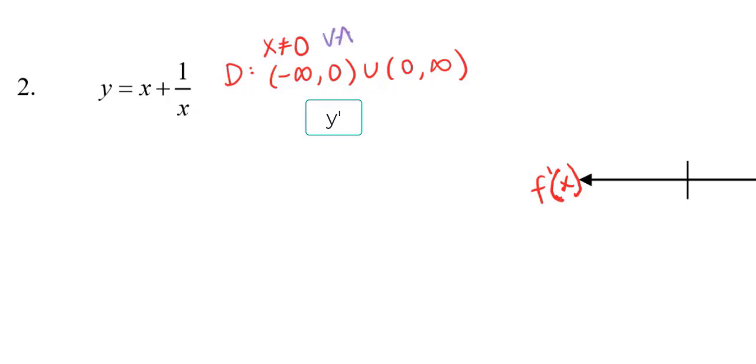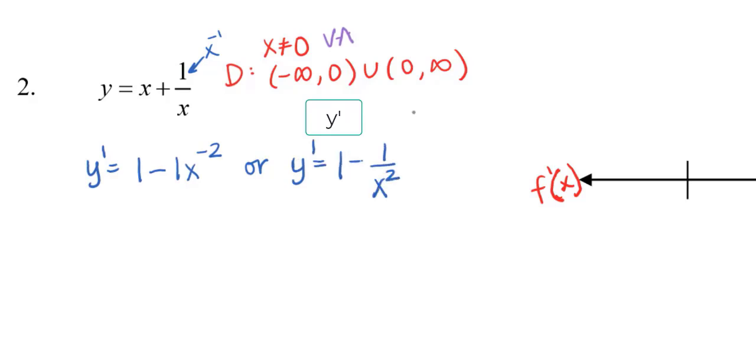All right, so let's go ahead and find the first derivative. The first derivative would be 1, and if I rewrote this term, it would be x to the -1. So this might look like minus 1x to the -2, or I could say y prime equals 1 minus 1 over x squared. So this has the same domain restriction, so there's no additional critical values when I'm trying to find those because the domain restriction I knew from the beginning. It's not information that the derivative tells me, and again, a critical value is information that the derivative will tell you.